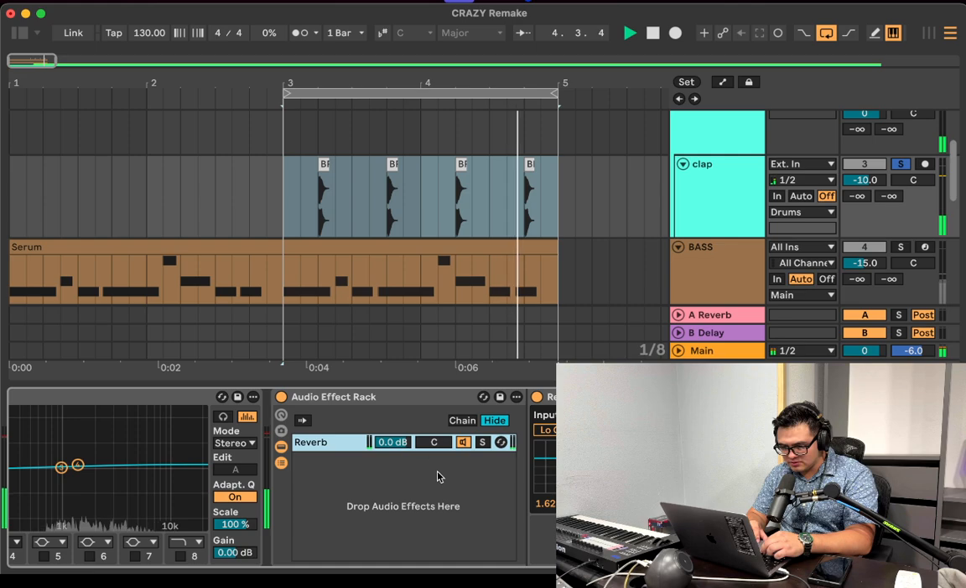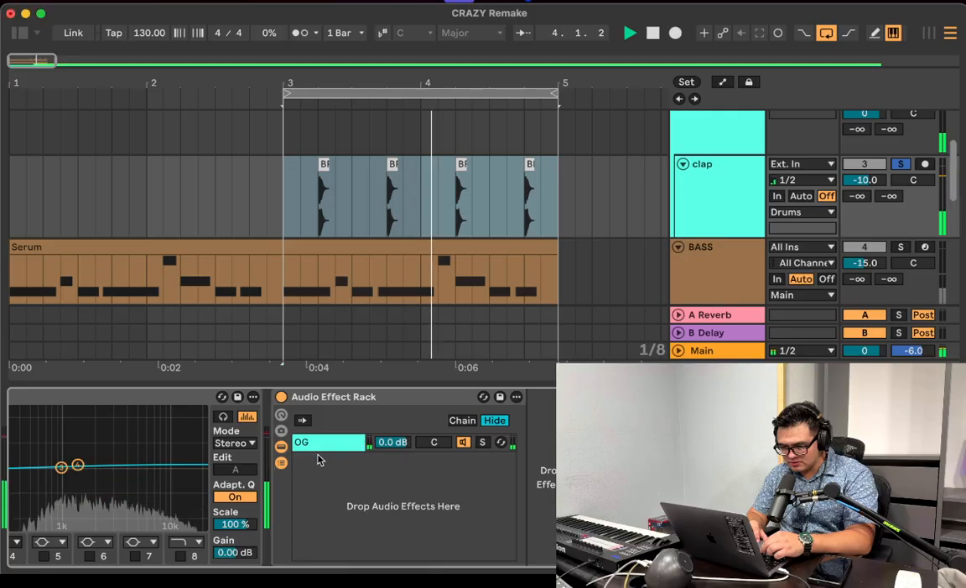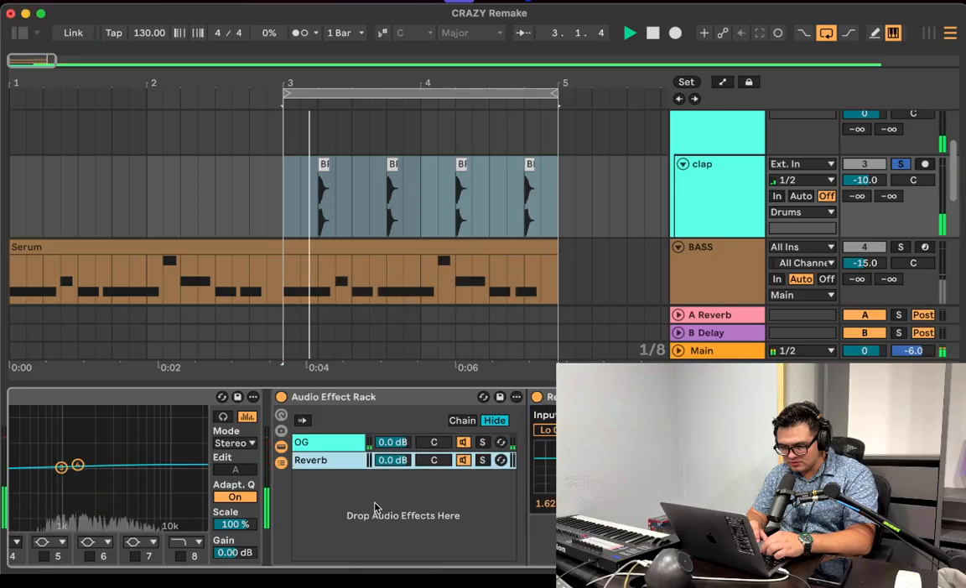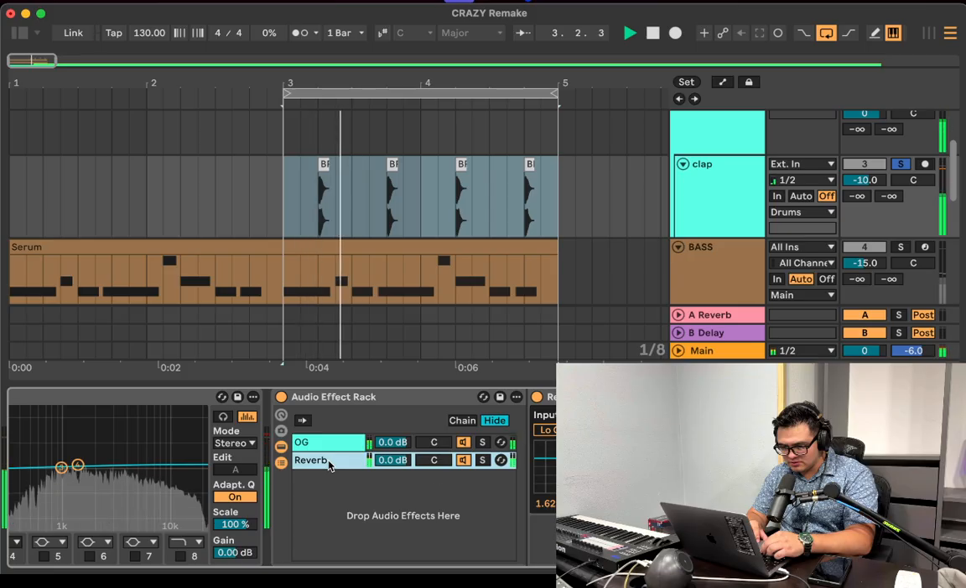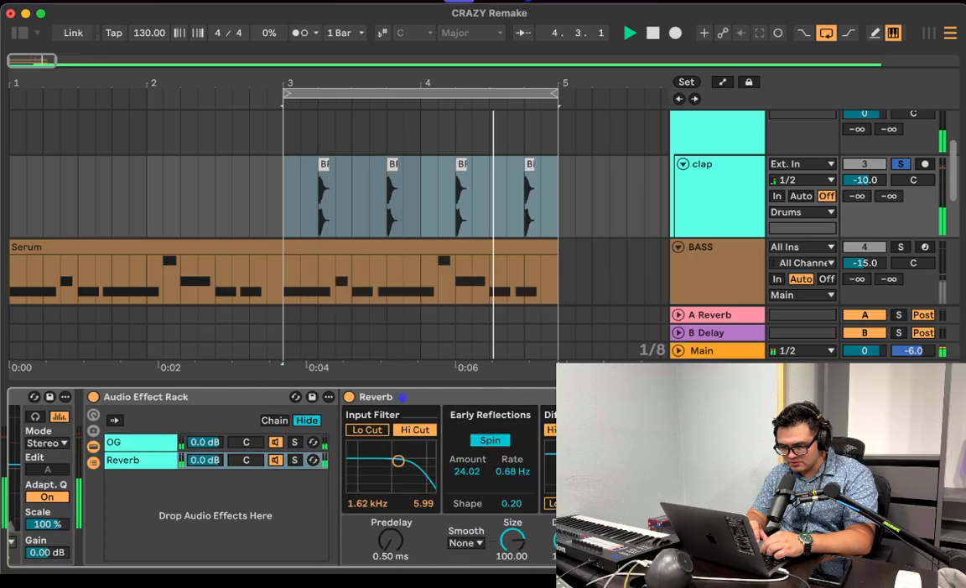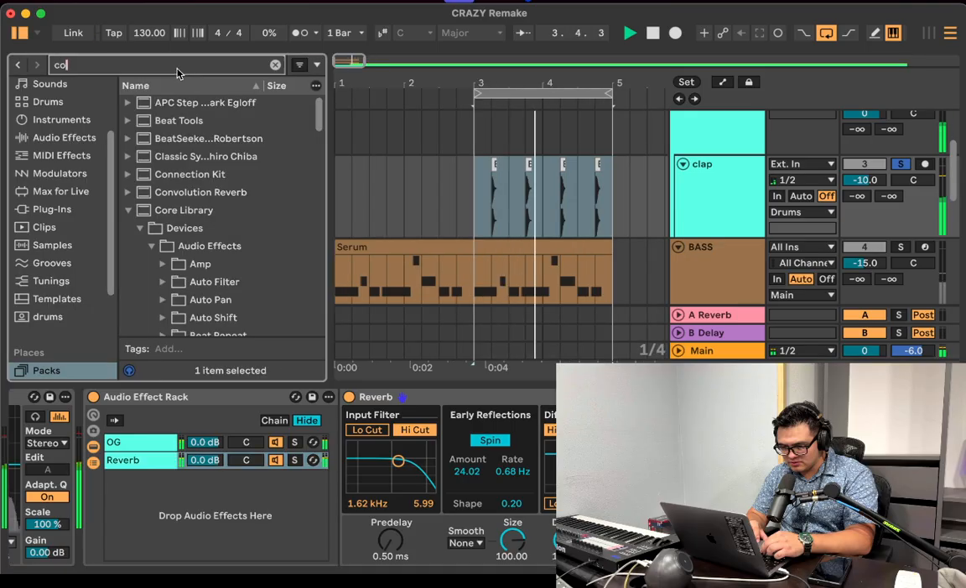So now you can put multiple tracks and audio effects in here. So let's call the original one OG track. And then let's insert this reverb here and call that reverb track. So this is the original one. This is the reverb track. Now we can put it at 100% wet and we can fade it in. Now the reason why I had it this way is because I wanted to